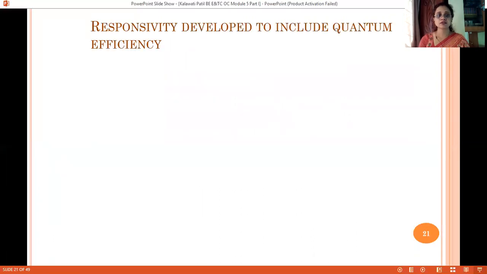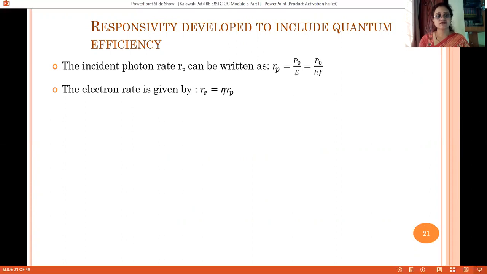Let's move on to a more detailed expression for the responsivity that includes the quantum efficiency as well. From the definition of quantum efficiency, we know it is the ratio of Re to Rp. I can write the expression for Rp, the photon rate, in terms of the photon power and the photon energy: P naught upon the photon energy, which can further be written as P naught upon hf, since E is equal to hf.